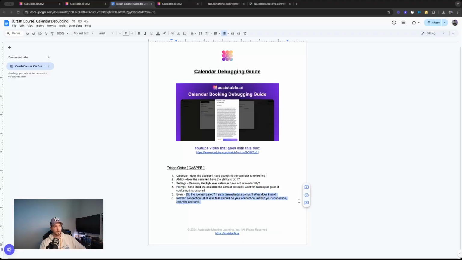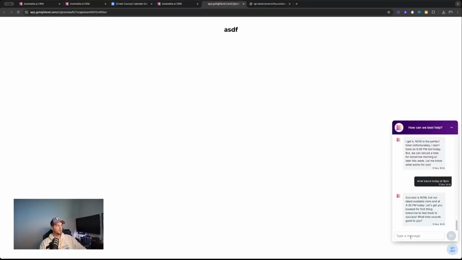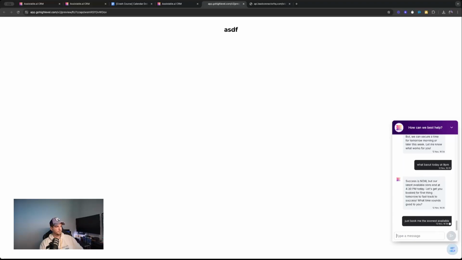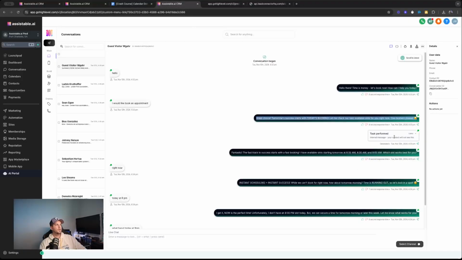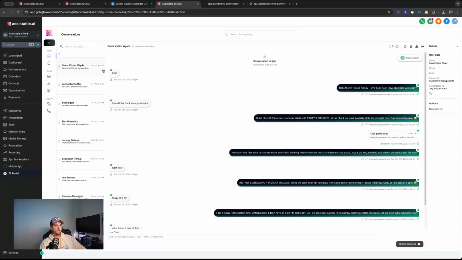Event: did the tool get called? And if so, is the metadata correct? Every time a tool is called, we get our times, and I say, just book me the soonest available. On this one, we got times, right? So if this conversation is going on and it's like, let me book an appointment, and it's giving times without actually checking the tool call itself, or you don't see these in the conversation,